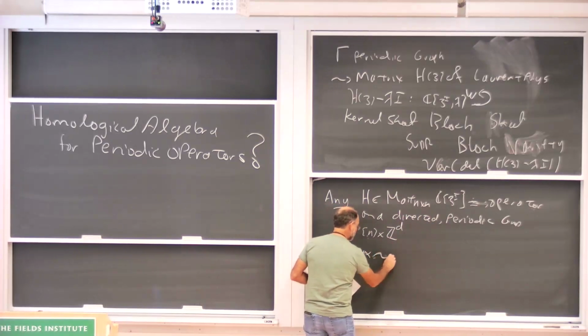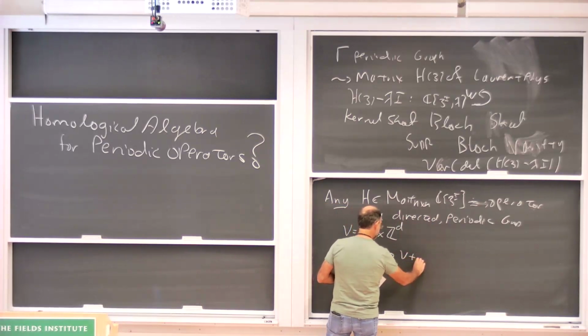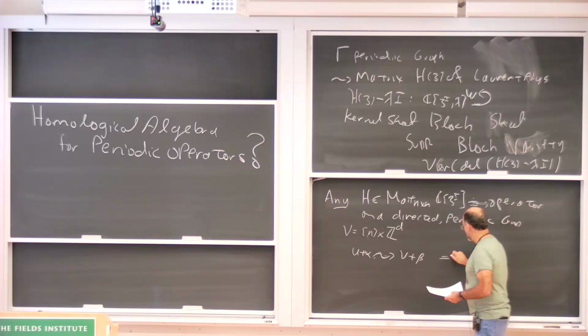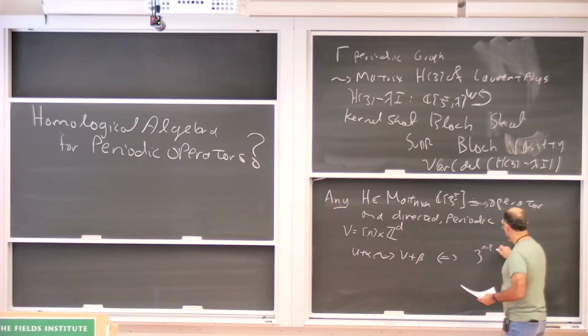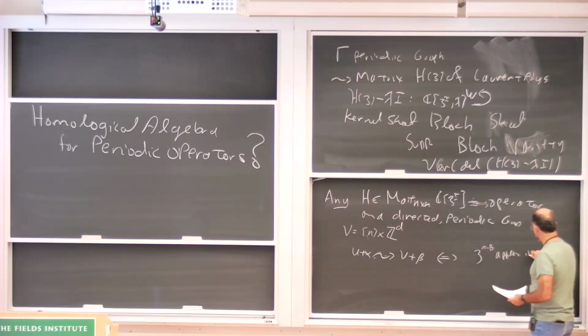There's a directed edge if and only if z to the alpha minus beta, and this is a choice, probably it's beta minus alpha, appears. So this monomial appears in